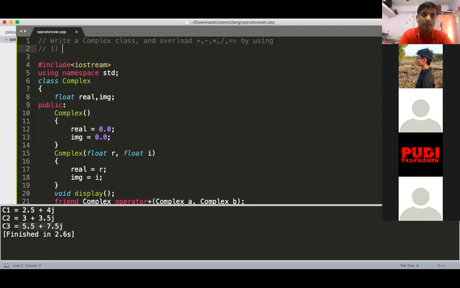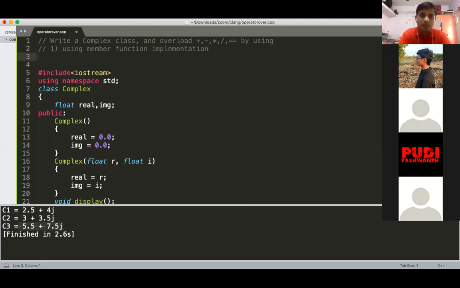First do the program using member function implementation. And second, try the same program but using the friend function implementation.